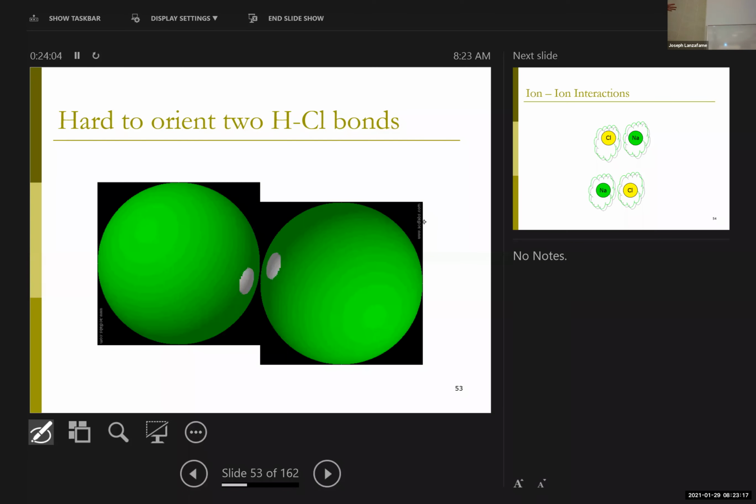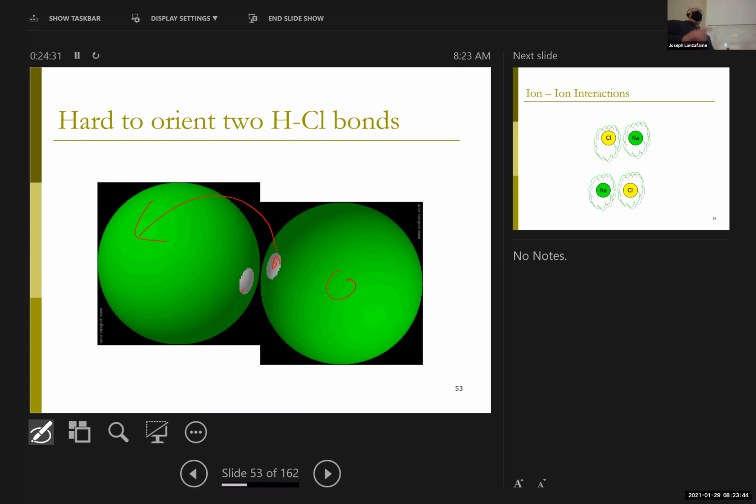No matter how I align those, the hydrogens always end up closer to each other than the chlorines. And so there's no way for me to get the relatively positive hydrogen over the relatively negative chlorine, right? I really somehow want the hydrogen to be over here at the same time as I want this chlorine to be over here, but it just doesn't work spatially,